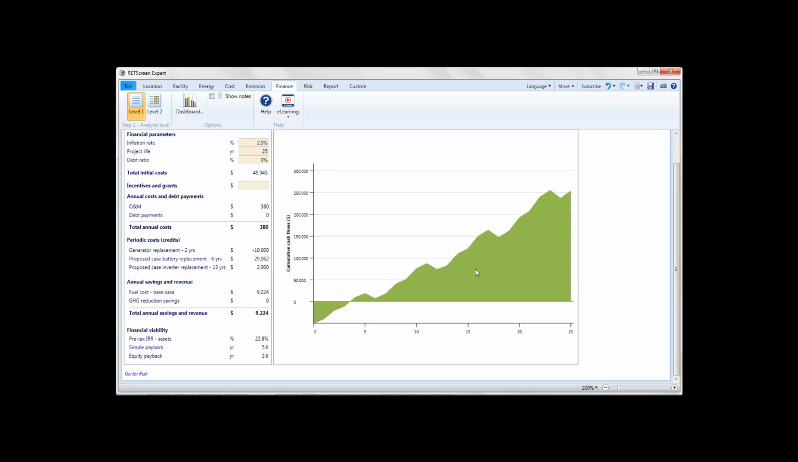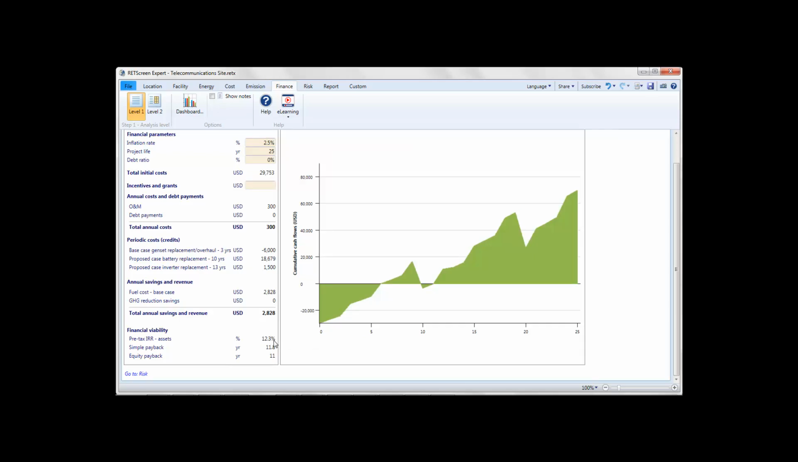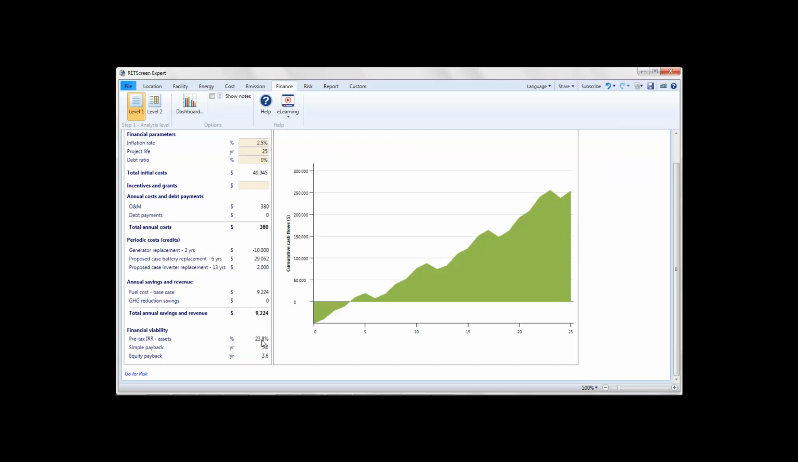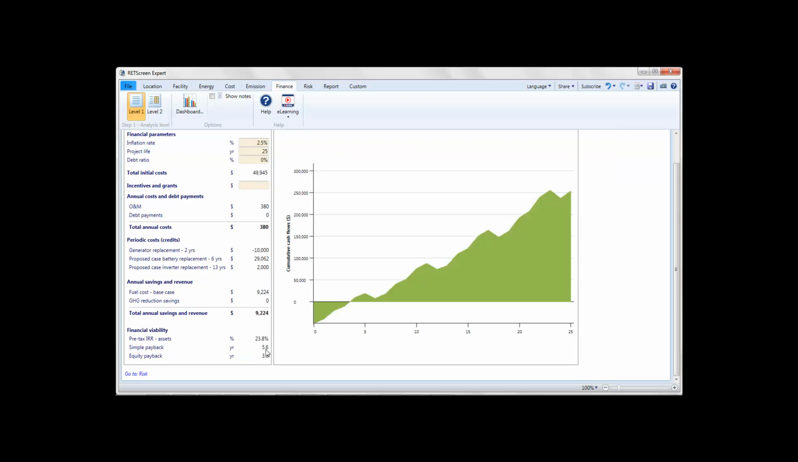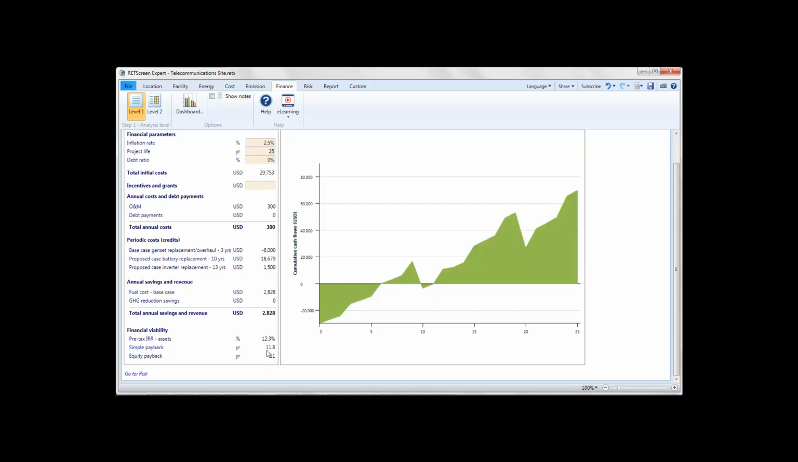jagged changes, and it looks more positive at 23.8% pre-tax IRR on assets, versus 12.3% in our original analysis before the cost correction. The simple payback, 11.8 years, is much longer in our project, and the equity payback is much longer as well. But there are strong similarities in the project, and now it would be for us to go back and change mainly the costs